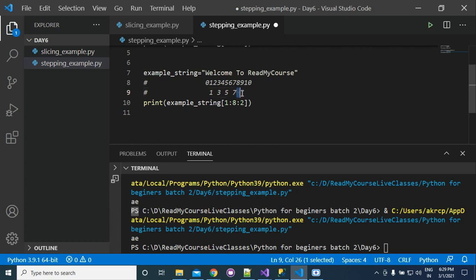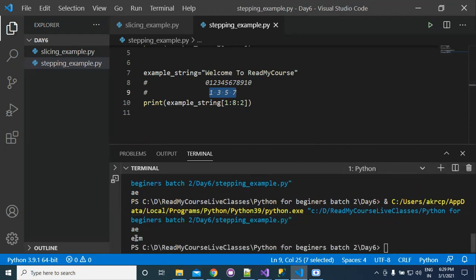So we will not go beyond 8. We will have the values at 1, 3, 5, 7 as the characters. Now if you run this program, you will have ECM. Why is it not taking the other character? At index 7 we have a space. That's why it is not appearing. Suppose that if I change this to has, then it will be included. ECM has. Okay, is this clear now?